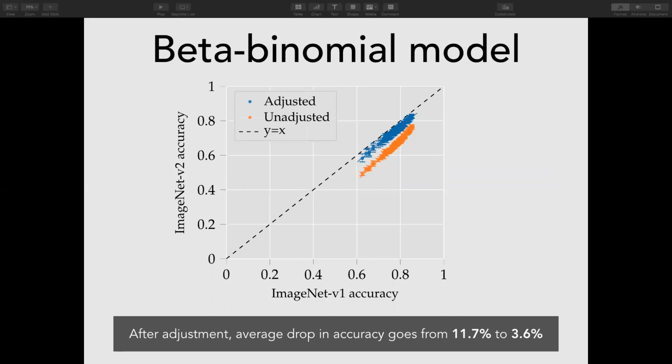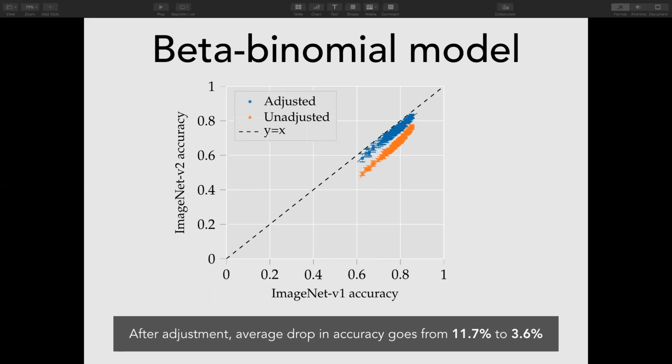And so what we find is that instead of observing an 11 to 14% drop across models, we observe an average drop between ImageNet-v1 and ImageNet-v2 of 3.6%, which is obviously much smaller. And so what this suggests is that a large part of the gap between ImageNet-v1 and ImageNet-v2 might actually be attributable to an actual change in selection frequency rather than a brittleness to some kind of unimportant artifact of how the data set was collected or the things we were worrying about